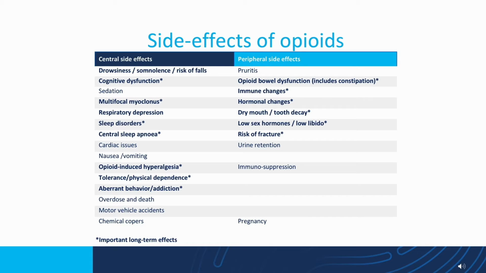Multifocal myoclonus, sleep depression, sleep disorders. Opioids, and I say this to patients when I'm educating them, opioids destroy sleep patterns. It's been studied, it's been confirmed, and then they end up on other medications to help sleep. So a tip really is, if you're going to use opioids, or you've inherited a patient on opioids, or one of your patients is on opioids, and you want to start that discussion, show them what the side effects are. Patients respond to the risk of falls. They understand that. They respond to sleep disorders. They respond to understanding what sleep apnea is and that it can be made worse with opioids.